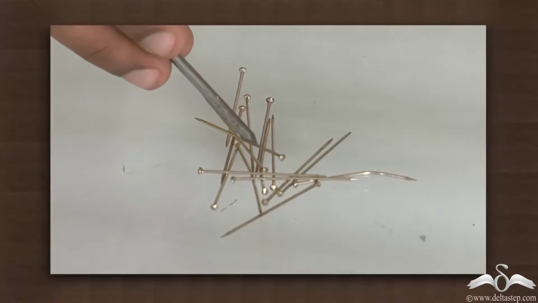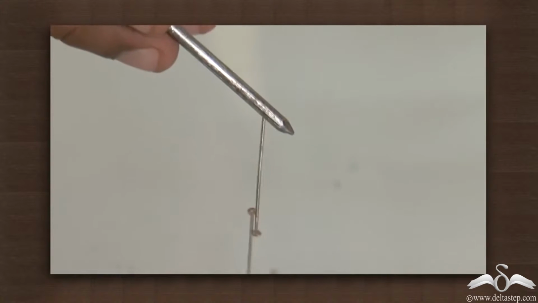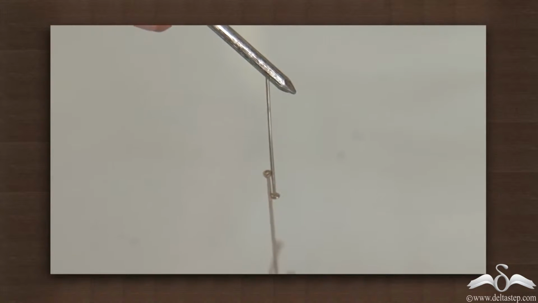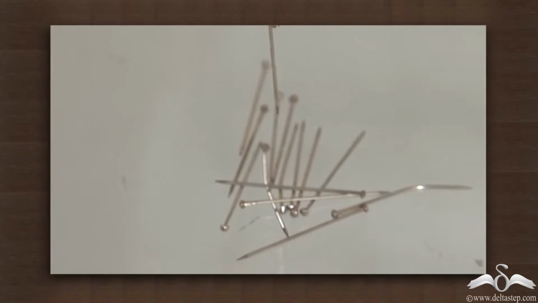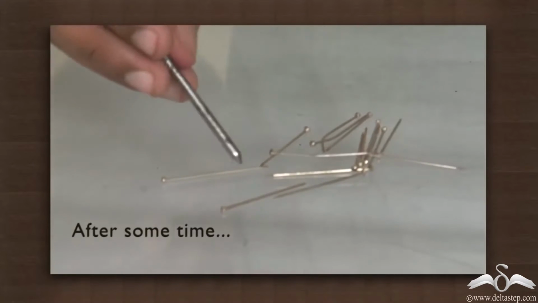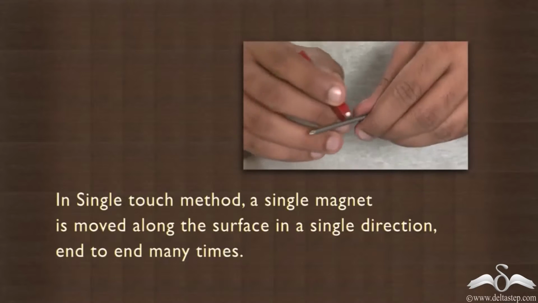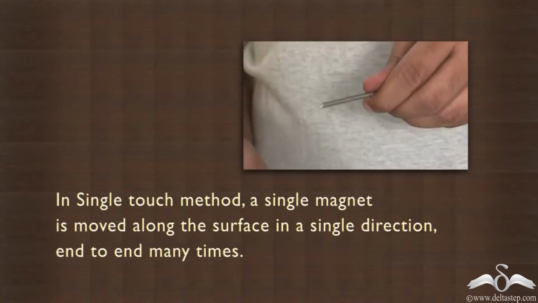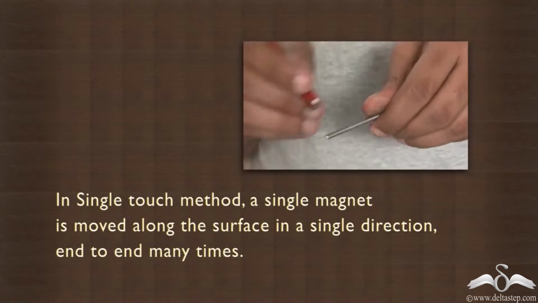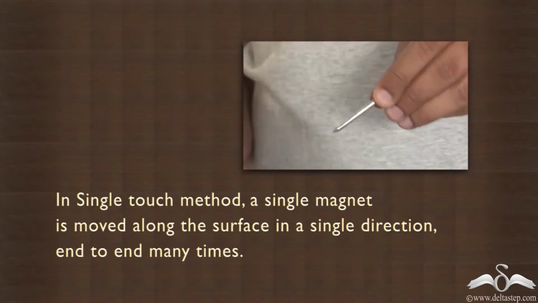Now, if we bring this nail in front of the pins, see what happens? It is attracting them. See how the pins are getting attracted? Well, the more times you rub the permanent magnet over a ferromagnetic substance, the more powerful a magnet the nail becomes. However, after some time, it loses its magnetic properties.